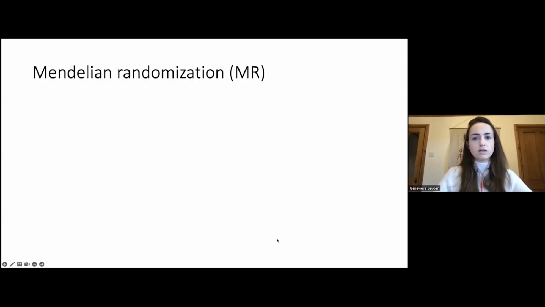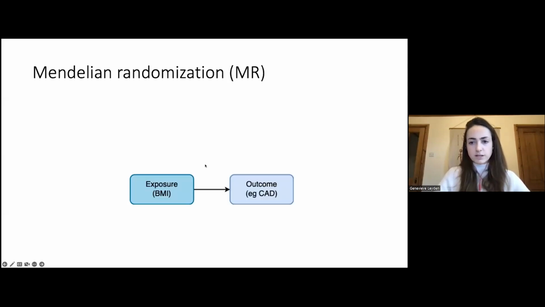So before moving on, I'd like to begin with a word on Mendelian randomization, or MR is what I'm going to call it. And Mary Beth touched on this briefly in the previous presentation. So MR is an approach which uses genetic data to infer causal relationships in observational epidemiology. In your conventional observational epidemiological study, there'll be a modifiable exposure, which is measured in a group of people. And I'm going to continue with BMI as the example here. Then the relationship between your measured exposure and the outcome is evaluated.